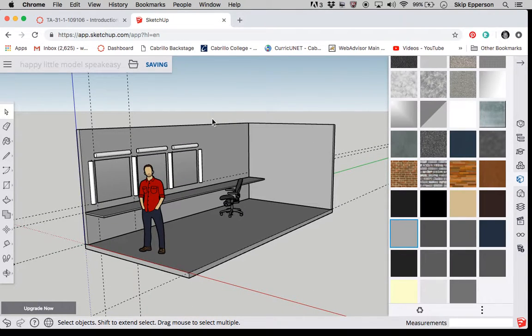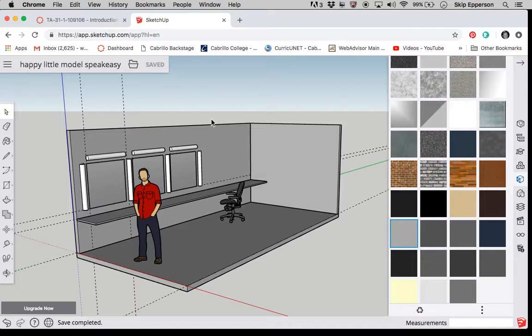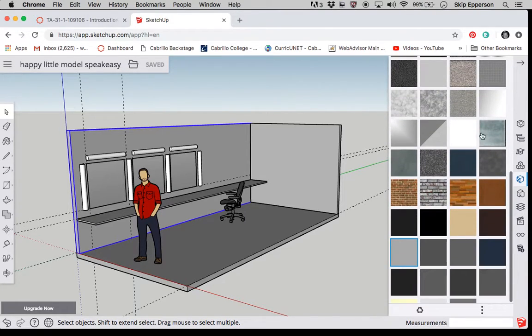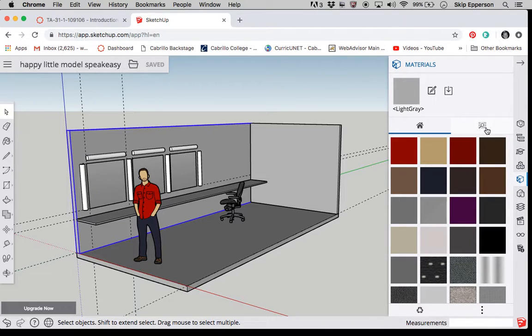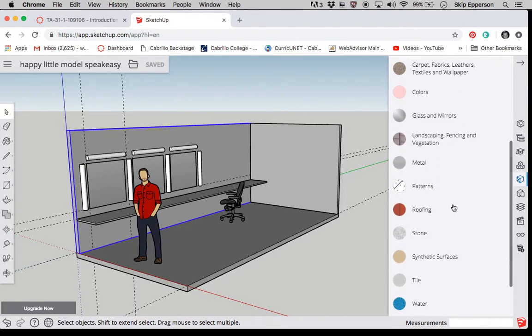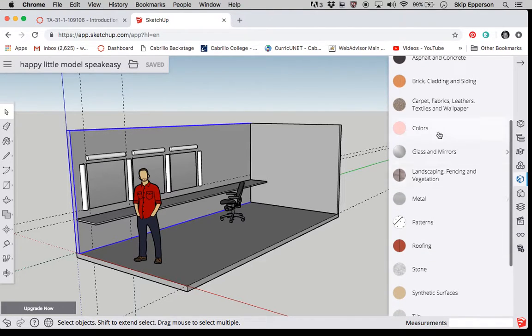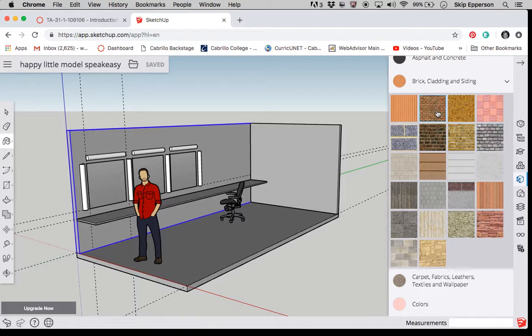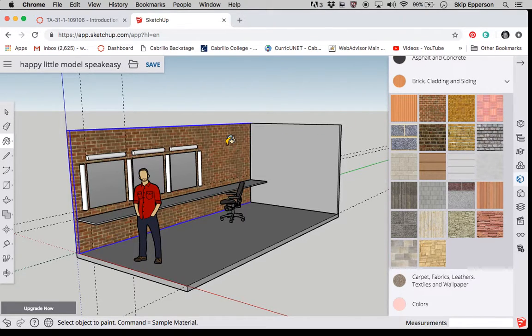I want to turn this model, this dressing room, into a little speakeasy from, say, the Prohibition era. Just kind of giving that kind of feel and vibe. So I'm going to play with it a little bit here. First thing I want to do is a little paint job on it. I've gone through, looked at some of my materials, and I like the idea of some brick. So I'm going to take this brick and paint this brick wall, and I'm going to take another color,